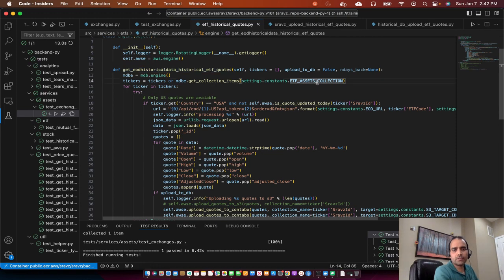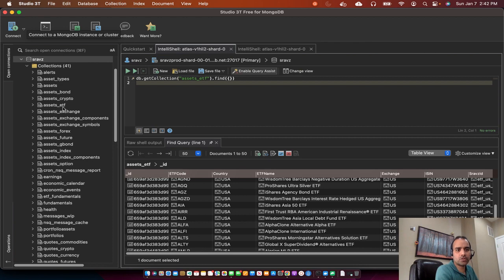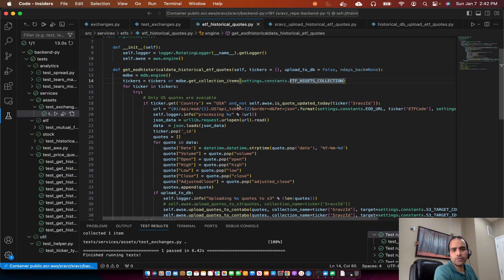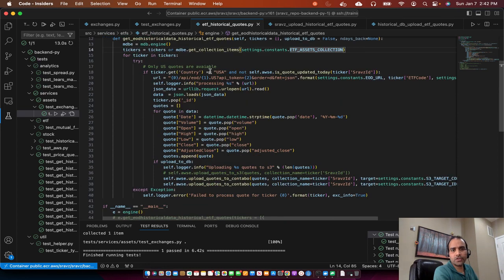For the ETF collection, assets underscore ETF, for each ETF where country is equal to USA, we'll check if the code is updated today. If the historical code is updated today, there's no point in rerunning it, so that we don't call the service provider again and waste an API call. So we check if it is not updated today,